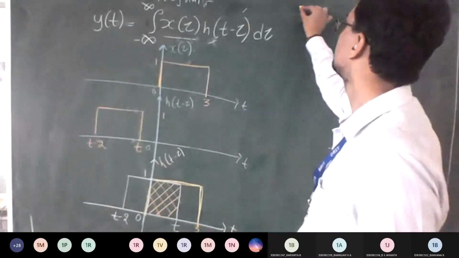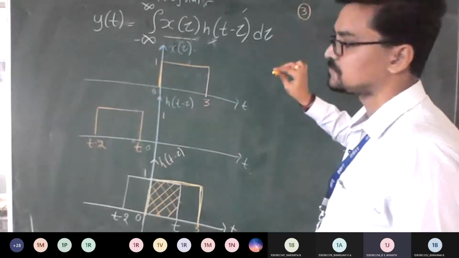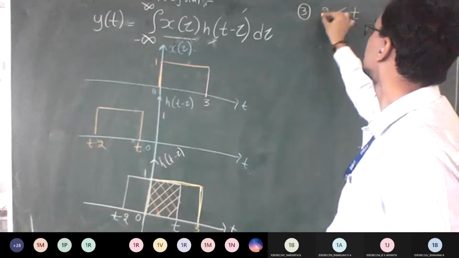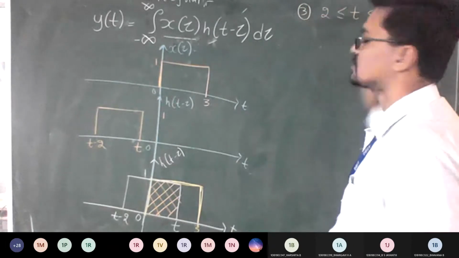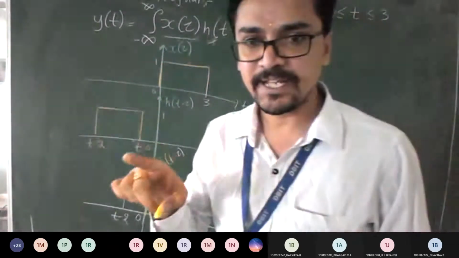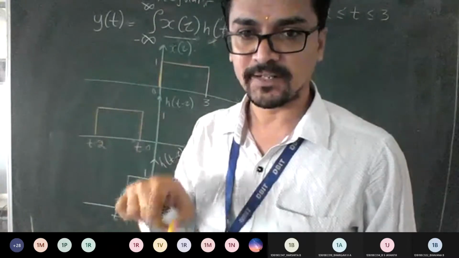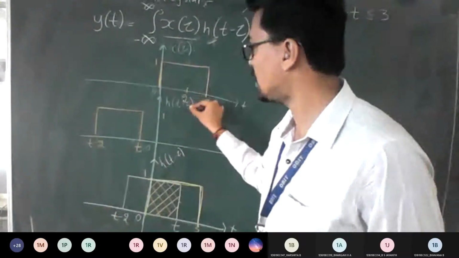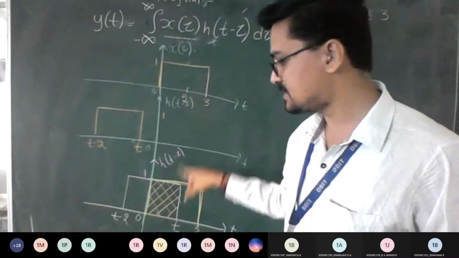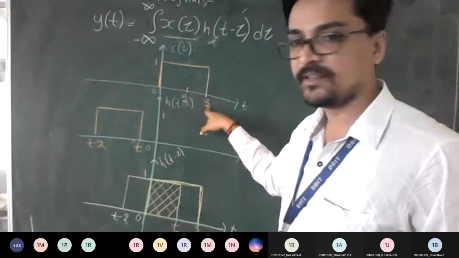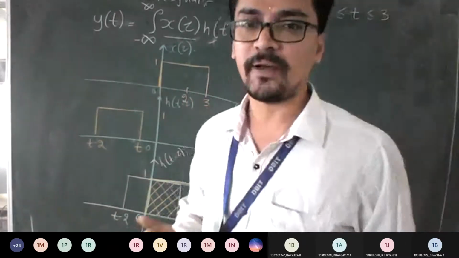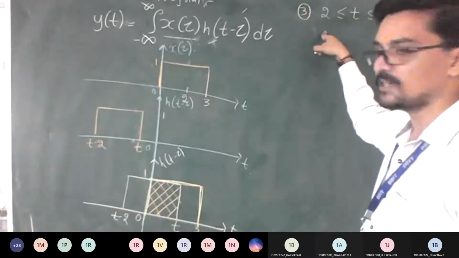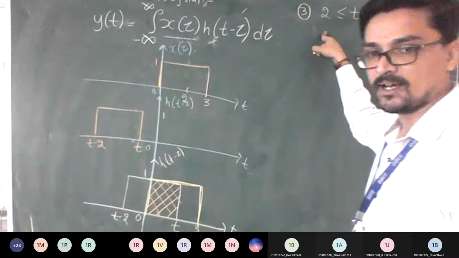What is case 3? Range is from 2 to 3, sir. Good. So if you take t varies from 2 to 3, because h of t is ended at 2, but x of t is having still till 3, right? So I have an option. See, till 2 I have finished. If I place this t between these 2, then also overlap exists. Yes or no? So shall we go with this case number 3 as t lies between 2 to 3.